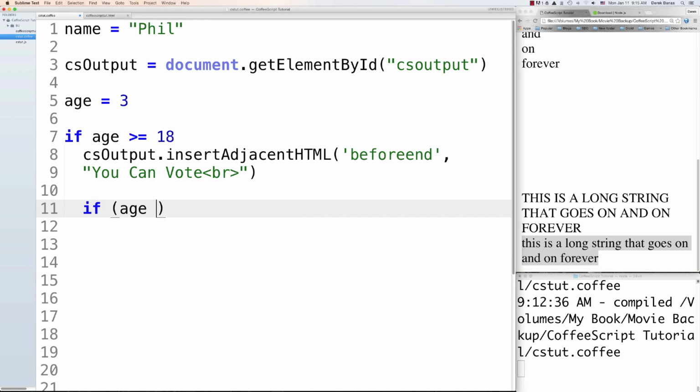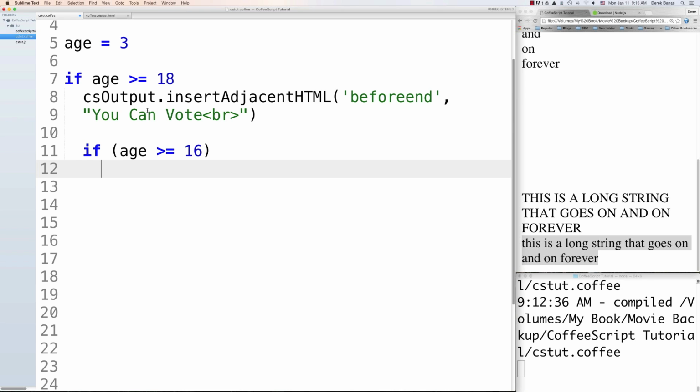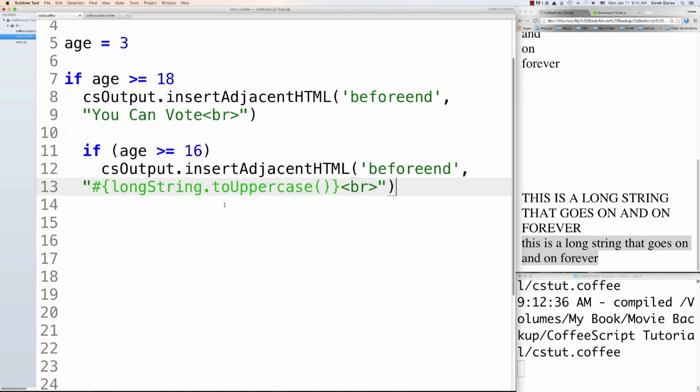We could use parentheses, of course, if we'd like to, and I often like to just because it feels good. You can also put multiple different if statements inside of here and know that if this comes back true, not only this is going to execute, but also this is going to execute. So here we can say if age is greater than or equal to 16, we're going to say in that situation, we're also going to output you can drive. Also, of course, I know that if age is greater than or equal to 18, that they're definitely going to be greater than 16. I'm just doing it this way so that I can demonstrate